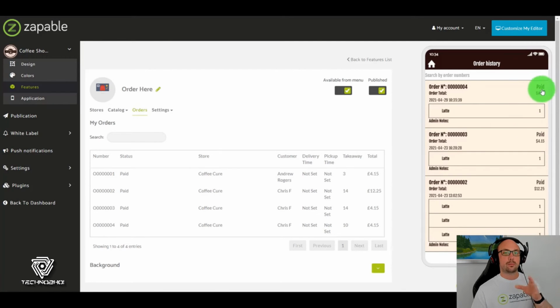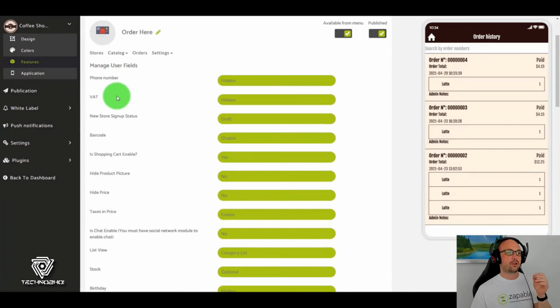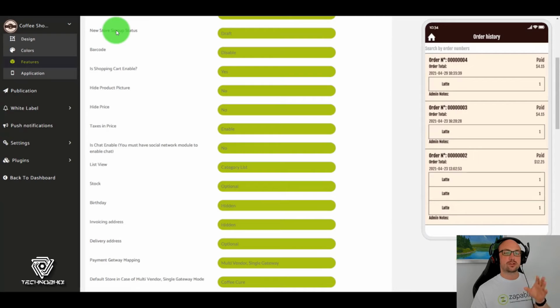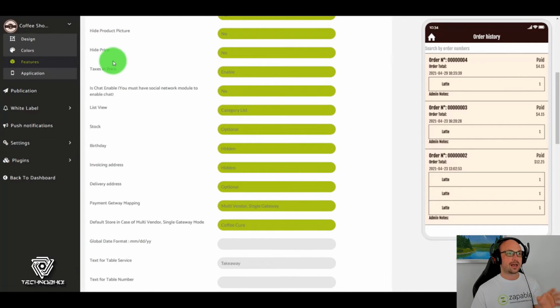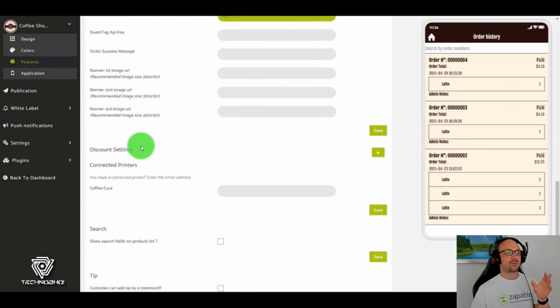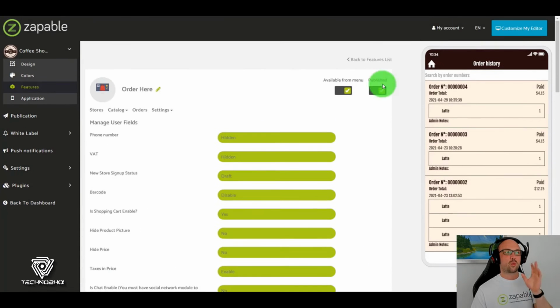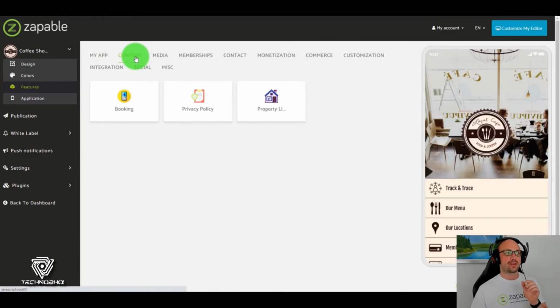And voila, paid. So this integrates with all the different sort of services. Let me just show you something here. There's phone numbers, VATs, there's different stores. So if a business has multiple different stores in different locations, shopping carts, you can choose to hide the price if you want, put taxes in the price. So you can see here, it's a massive, massive feature, and it's just one of many, many features within Zapable,